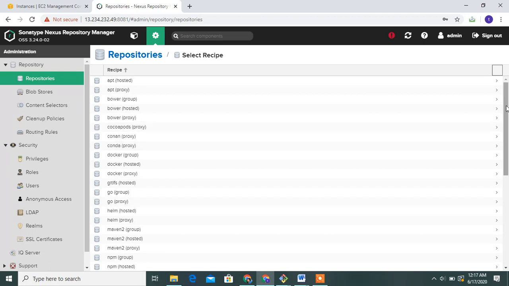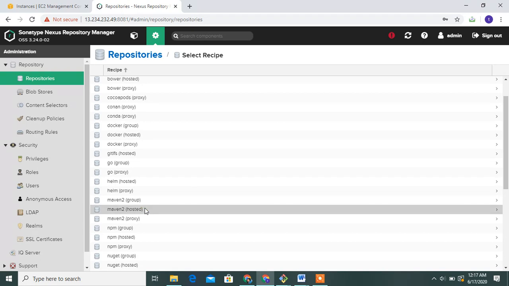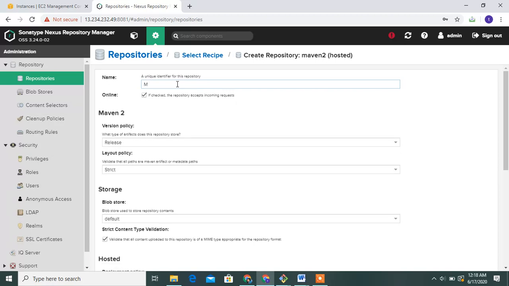I am doing this for a Maven project, guys. Select Maven hosted and write the repository name: Maven project.